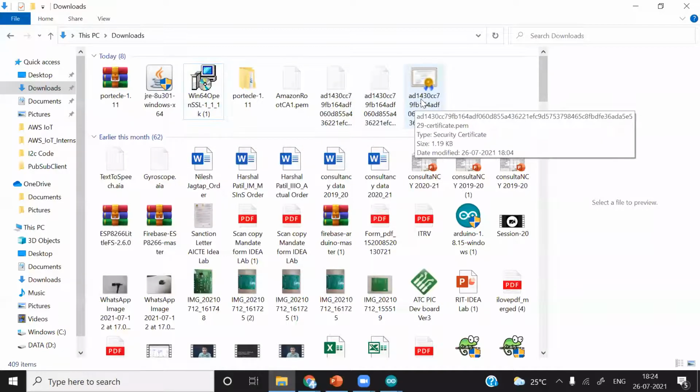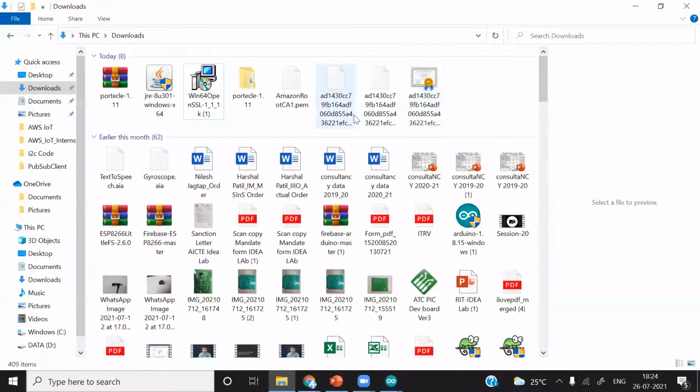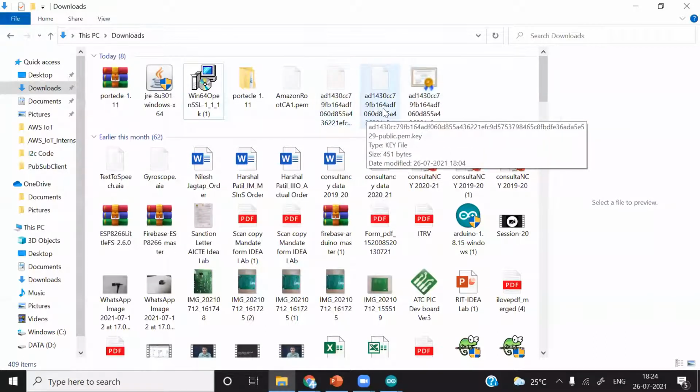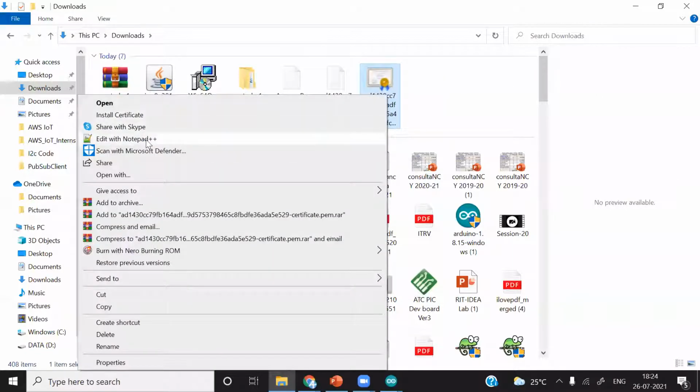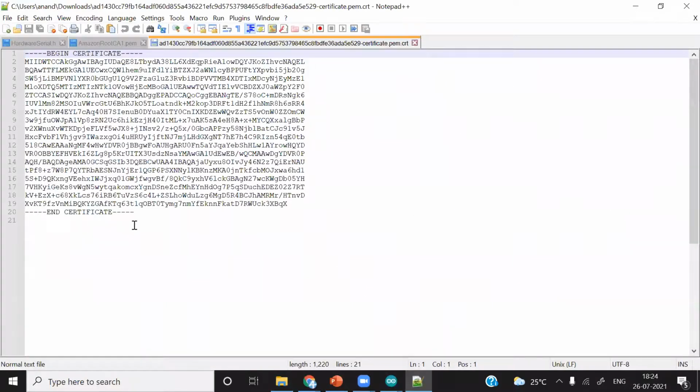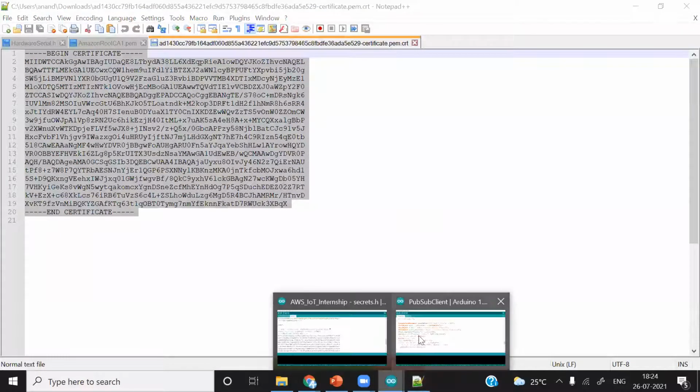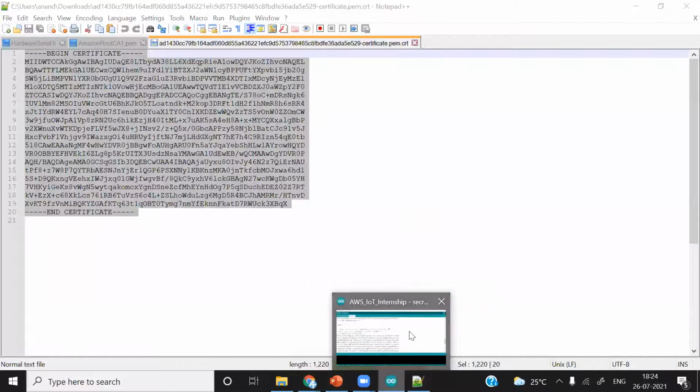So we are going to change the certificate. This one is the private key and this one is the public key. We are not going to need the public key, so I will simply delete it. Right click on the certificate file, edit with any editor you have, and copy the entire contents, Control C. I'll close this one.